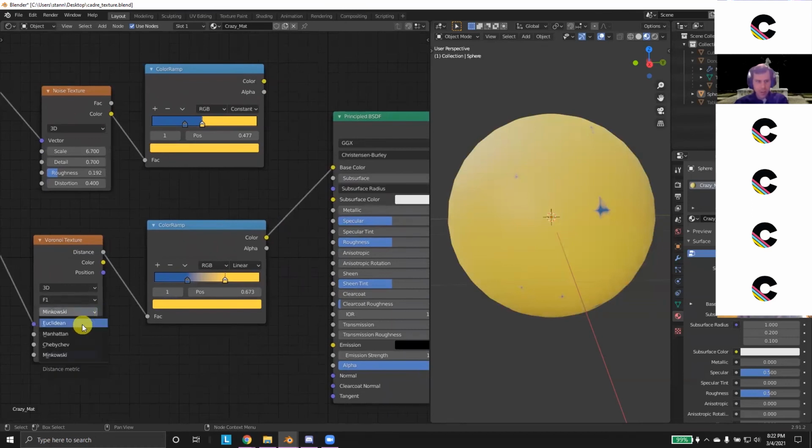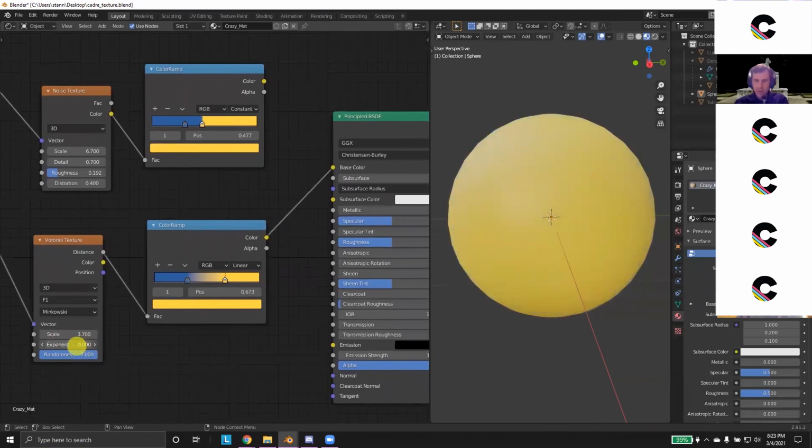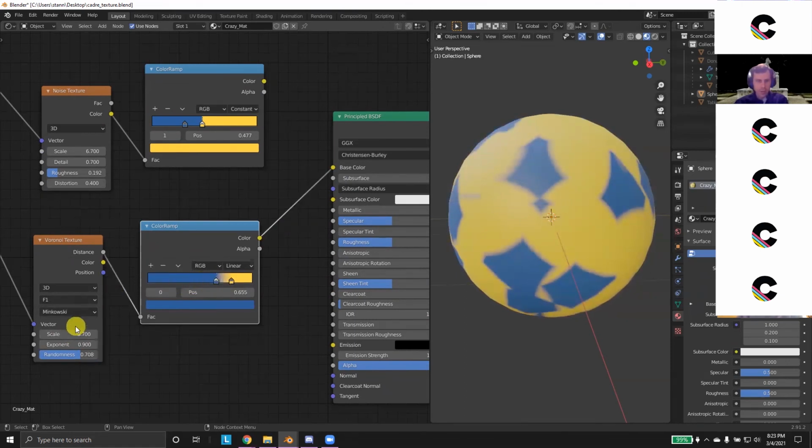So again, depending on whether you're on Euclidean, Manhattan, Chebyshev, or Minkowski, you're going to have different results. But now you can see you can start getting some very interesting results here. The exponent thing makes it very rectangular, very star-like. The randomness, you can play with that. You can move your color ramp slider a little bit up and down,